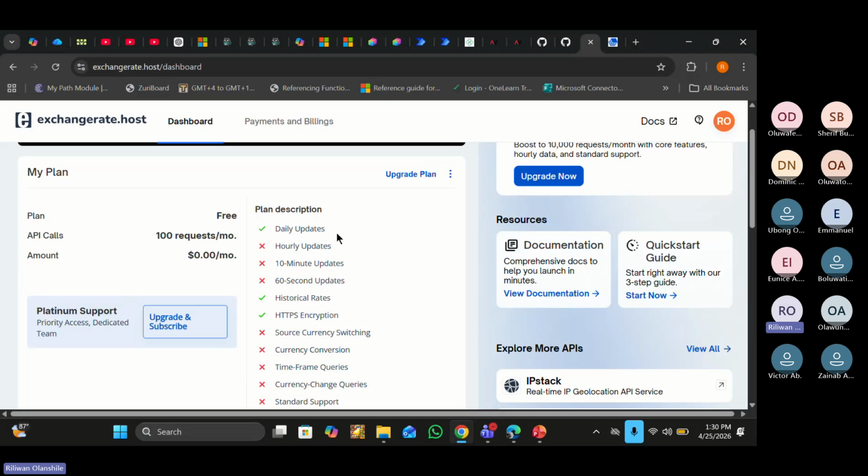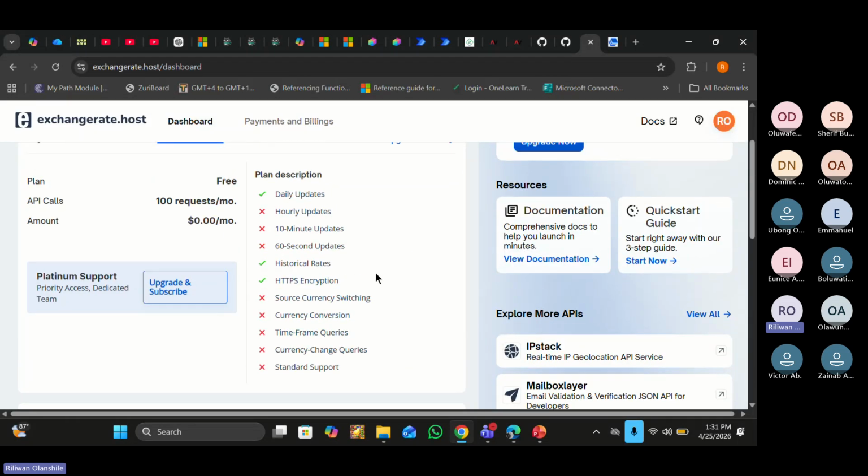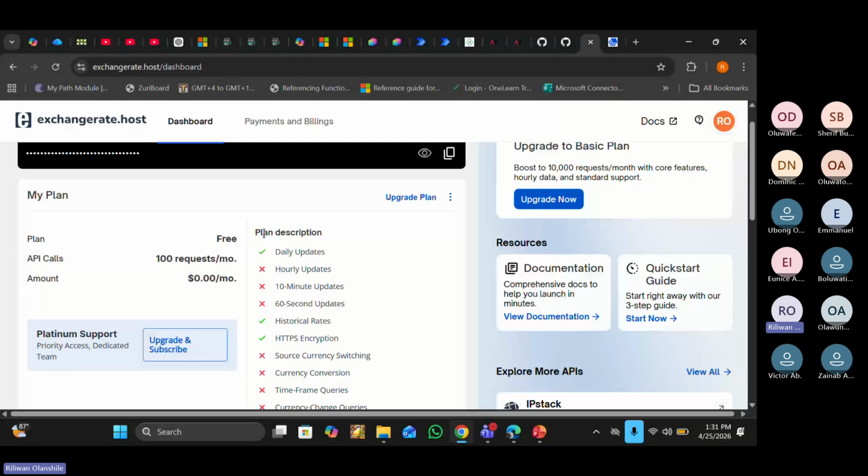When we talk about stocks or financial instruments, they move constantly, so they track their movement. This particular plan is telling me that I can only get a one-day update. I cannot get hourly updates, 10-minute updates, or 60-second updates, and I can get historical rate updates. But these are the other things I will not have access to because it is a free plan.